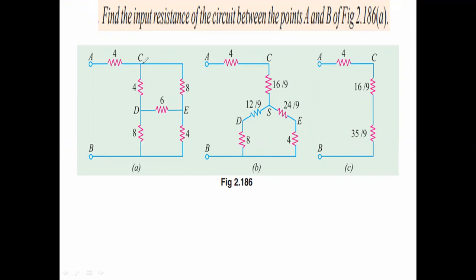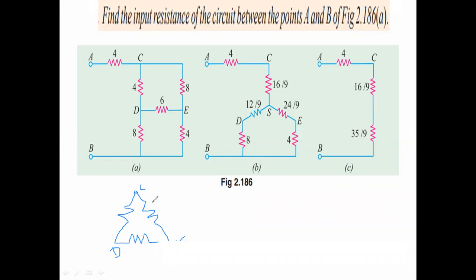See here, this is formed as a delta shape. Even though they are given as a square shape, by drawing that, one is 2, 4 ohms resistance, 6 ohms resistance, and it is 8 ohms resistance. So this is the point of C, and this is the point of D, and this is the point of E. Even though they are given in a different shape, it is in the form of a delta shape.